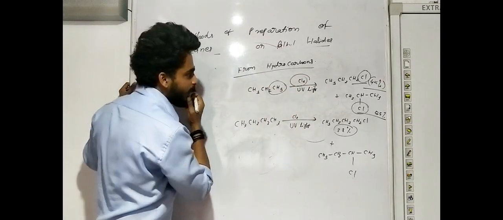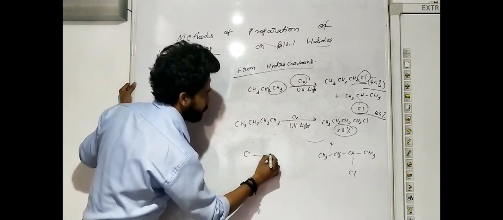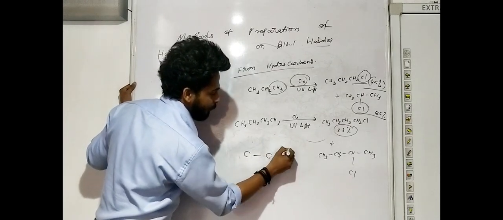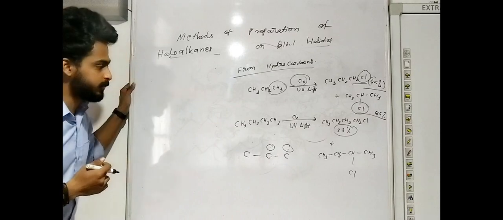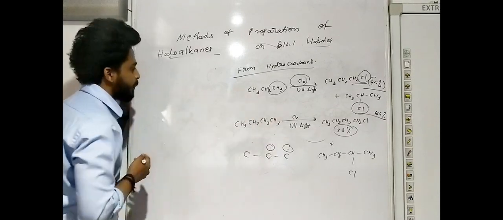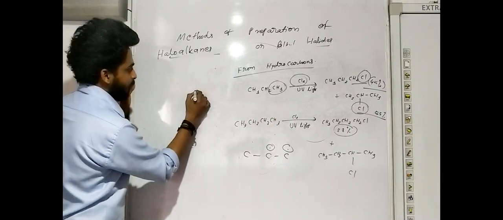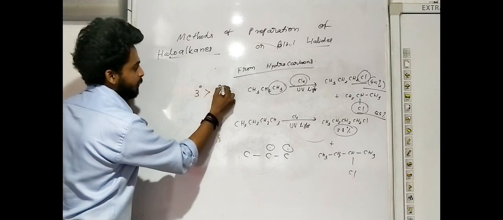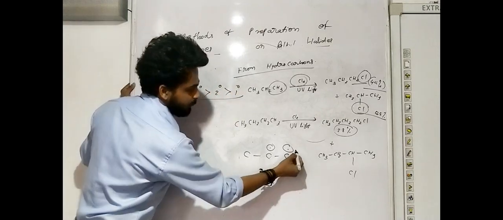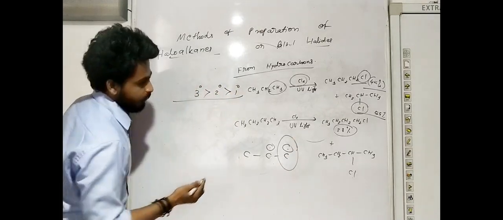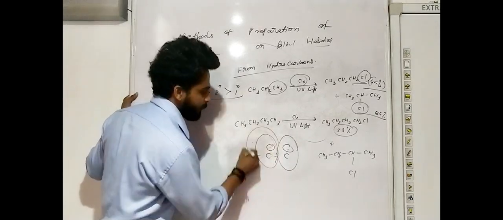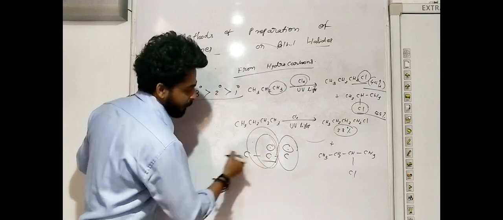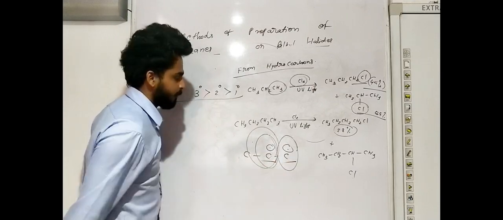So what we are actually doing is converting C–H bonds, with a radical out here and a radical out here. So we should understand the stability of these free radicals. Just like carbocations, the stability of a free radical is tertiary, secondary, and primary. Here this carbon is primary and this carbon is secondary. So we can easily say the secondary free radical is more stable than this primary free radical.